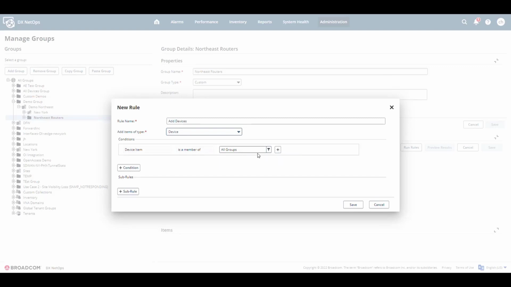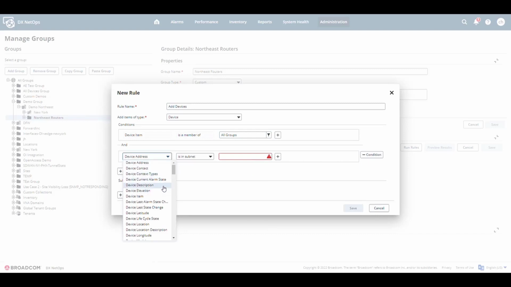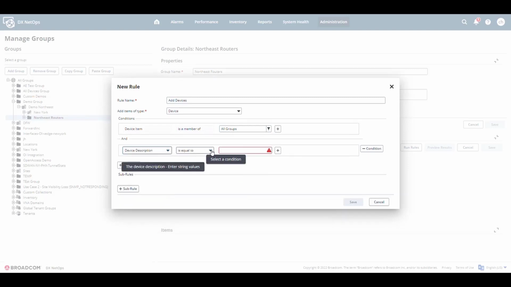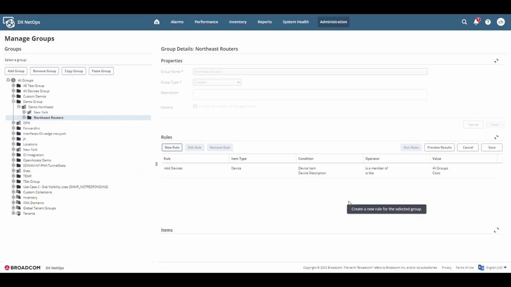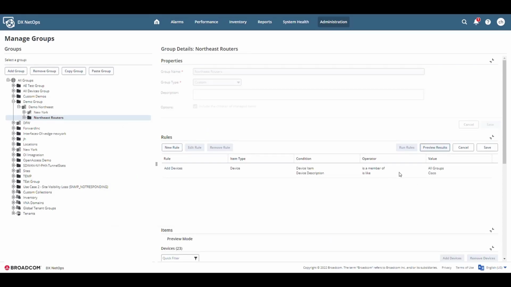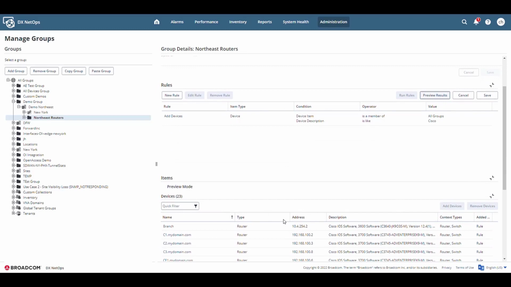I'm going to leave this as all groups for the example and add another condition. I want this group to be Cisco routers, so I'm going to say the device description is like Cisco. Is like is a function that means it includes that string, and then I'll save the rule, and I'm going to preview the results. I'll scroll down and you can see that this would add 23 devices,